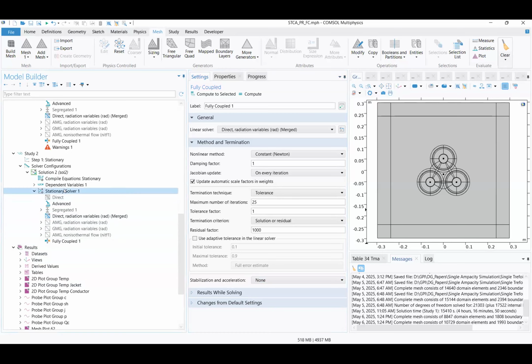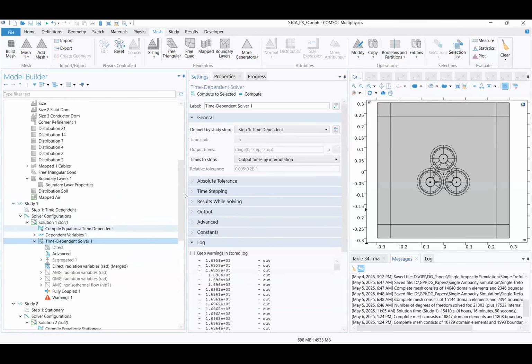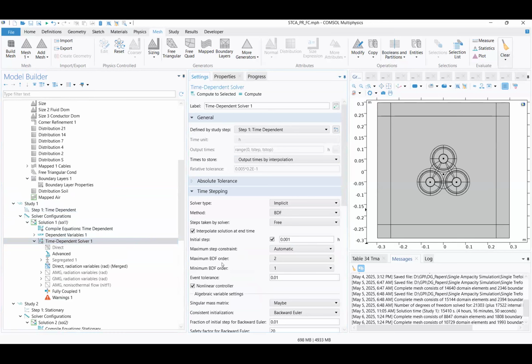That's pretty much it. Let me go to the time dependent study. As I mentioned before, we could apply the initial time step, check this box. You could apply the initial time step based on the time, depending on the frequency. If you're using frequency, what frequency are you using, right? So you want to divide the period of that cycle, or if you're not using frequency, if it's not AC, you still want to